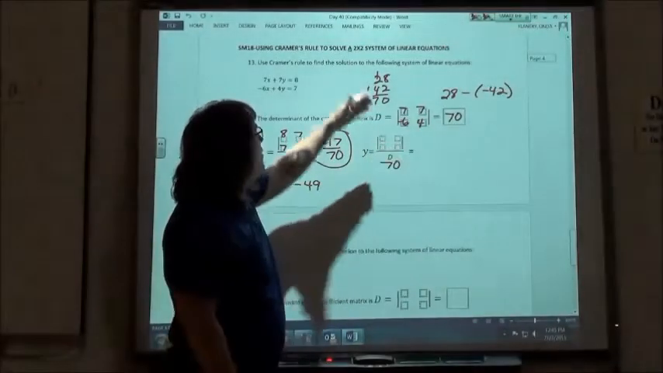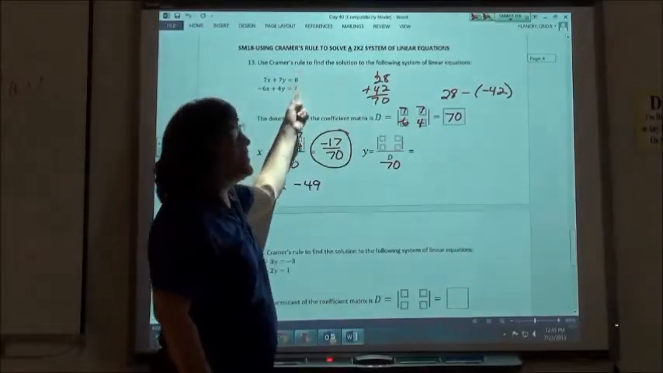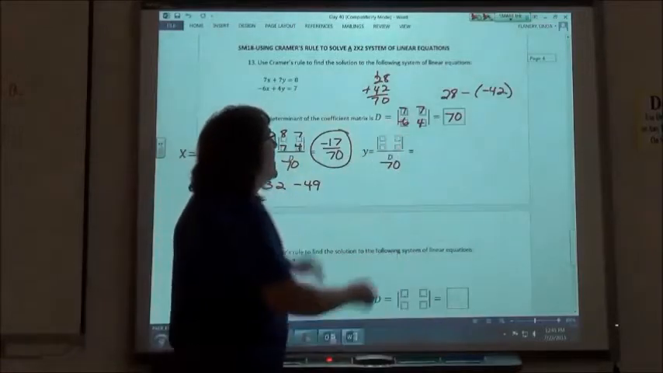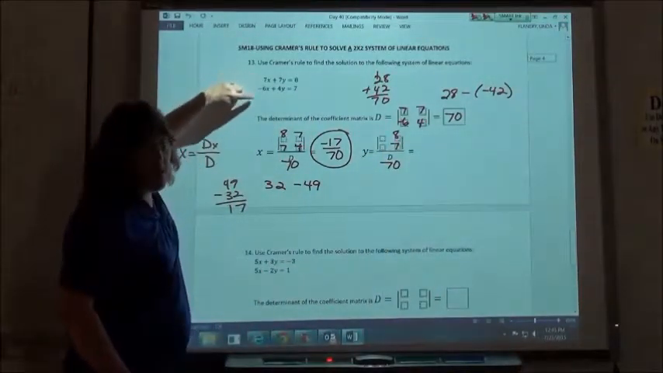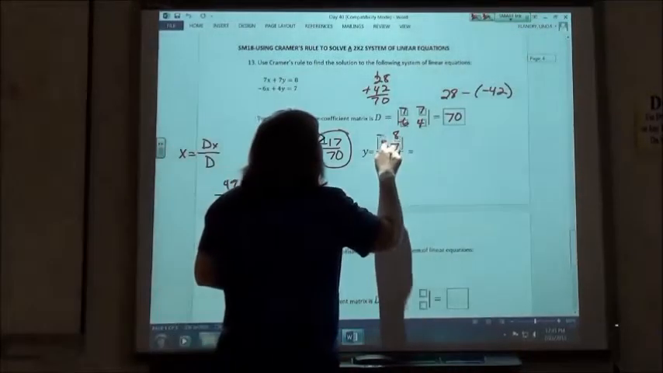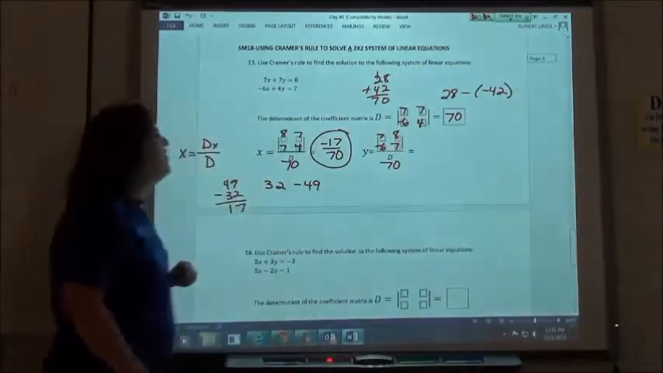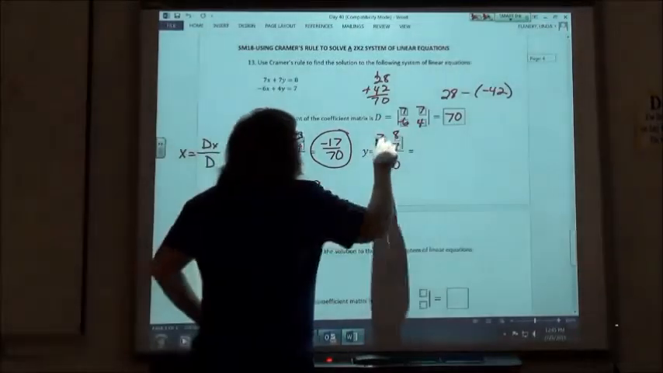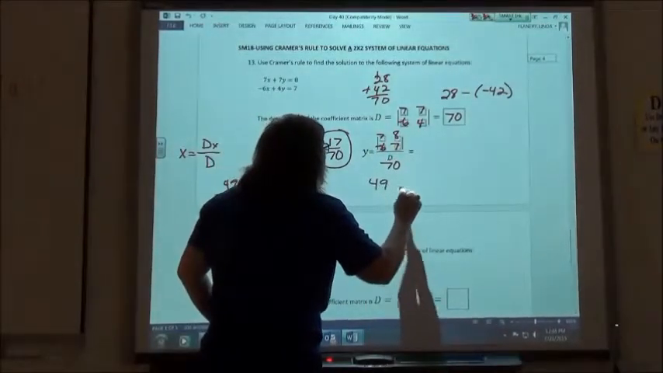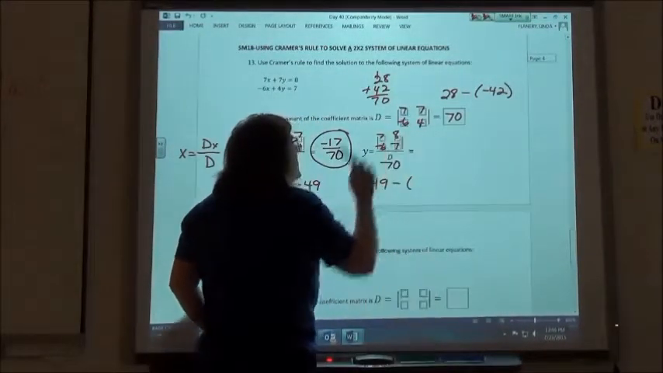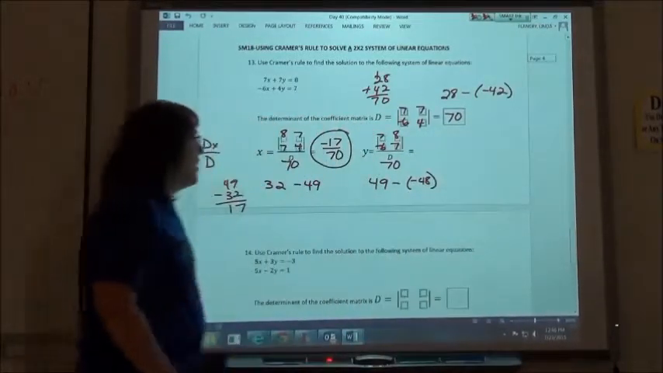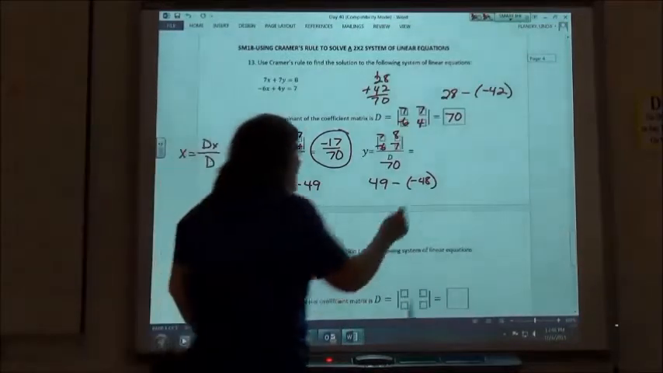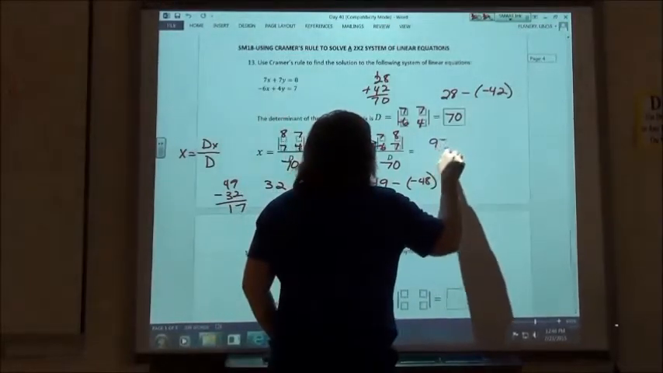For y, we're going to replace the y column with the answers over here. So the 8 and the 7 go in the y column. The x column stays as it originally was, so 7 and -6. And then we find the value of that determinant. So 7 times 7 is 49. We're going to subtract -6 times 8. 6 times 8 is 48. And so on that one, we end up adding, 97